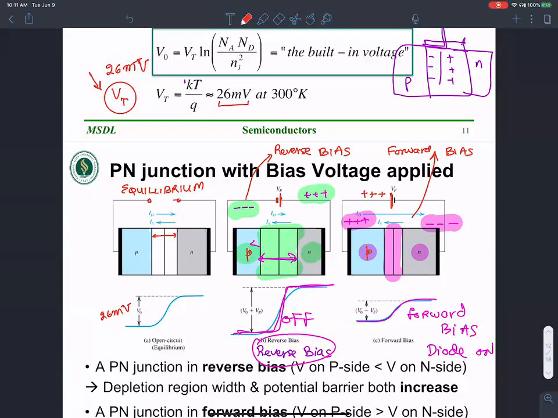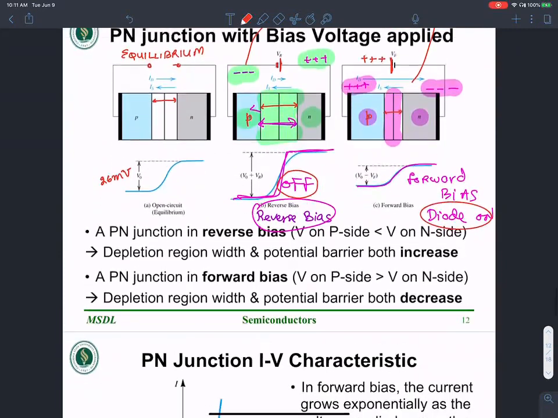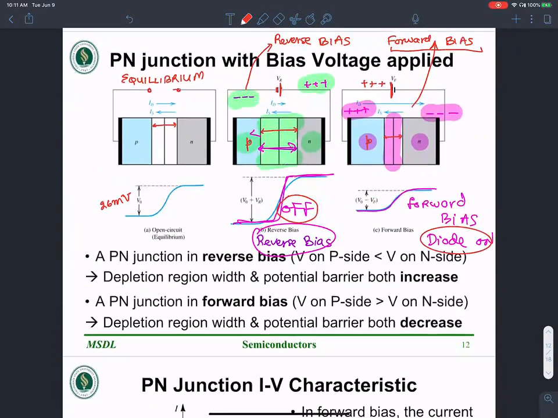Okay, in the reverse bias, the width of the depletion region increases and the diode acts as an off switch. It acts as an open circuit. Okay, in the forward bias, the width of the depletion region decreases and it acts as an on switch, a switch that is turned on. Okay, in the equilibrium. So in other words, this explains why